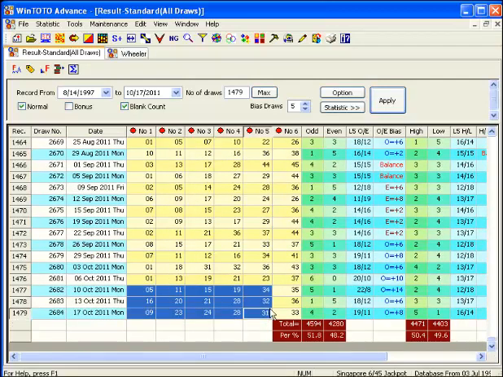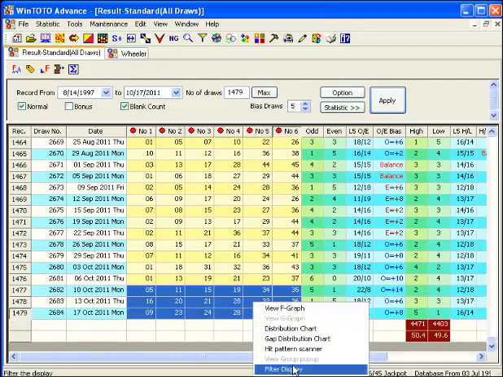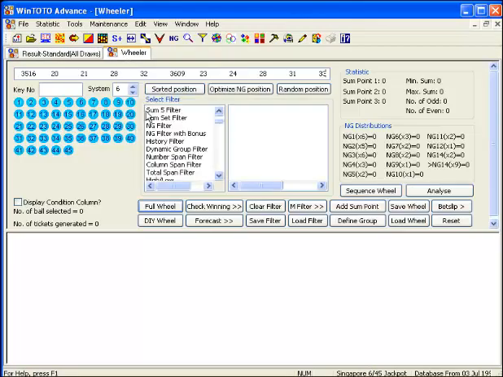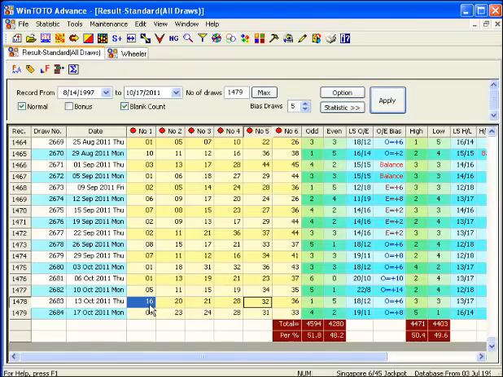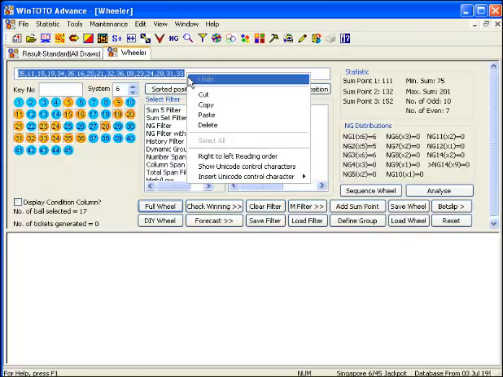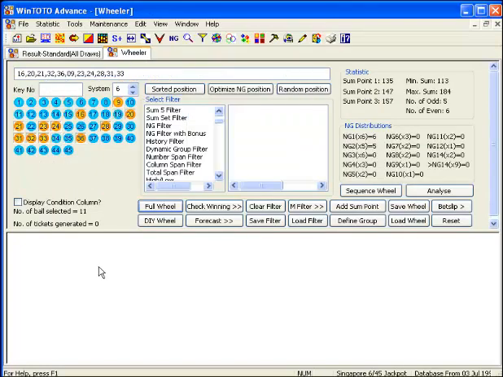Let's say you have selected this number to view. Just an example, there are 17 numbers. Wow, 17 numbers is quite a lot. Why not I reduce to lesser? Let's say 12 numbers. Okay, 11 numbers. So if I do a full view, there will be